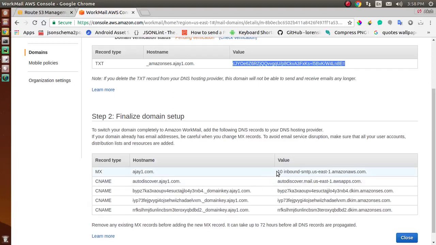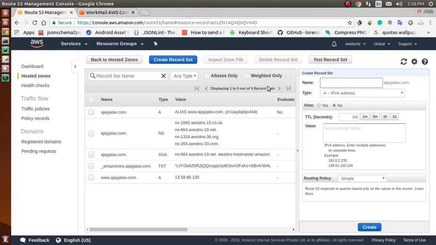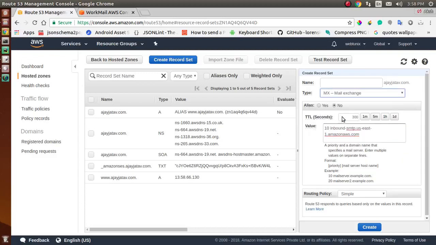So the next step is to finalize the domain setup. To switch your domain completely to Amazon WorkMail, add the following DNS records to your DNS hosting provider. So we copy these one by one and paste them in here.